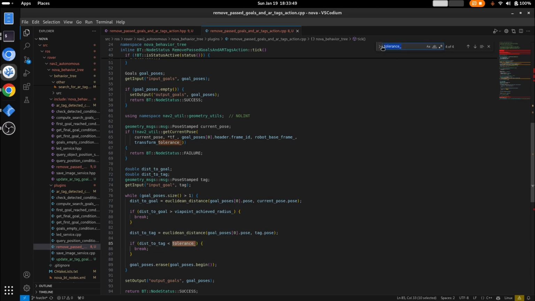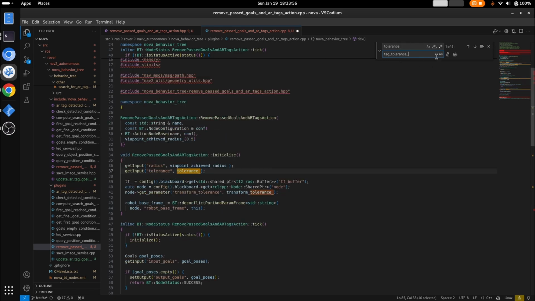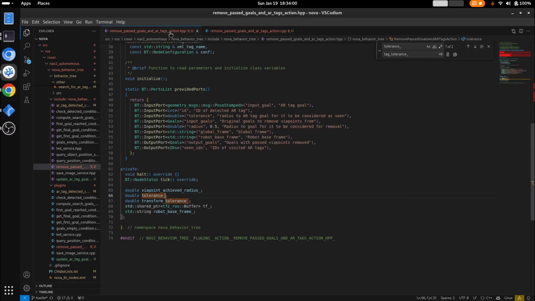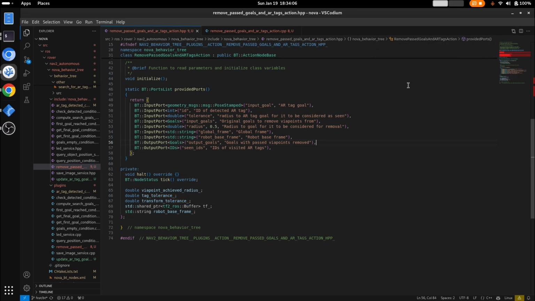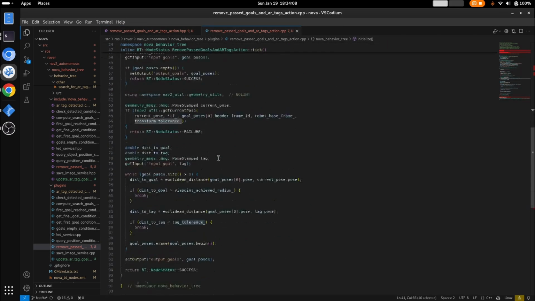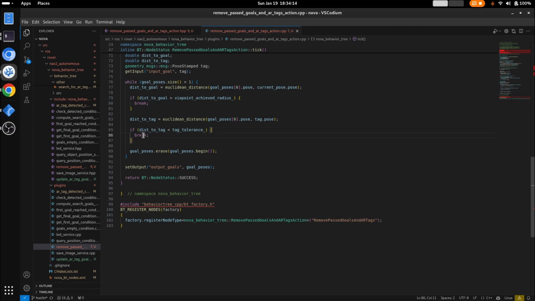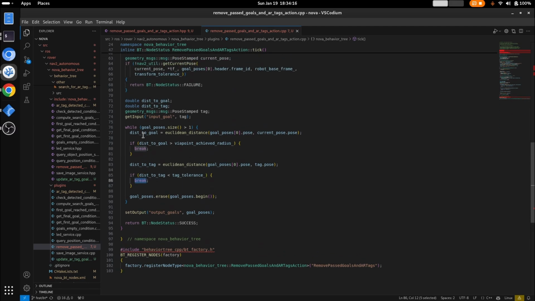Okay, I'm going to change this to tag tolerance. It's just better. This is transfer tolerance as well. Okay, I'm going to leave that one. And then here I'm going to do, that's not what I want. Just do that. Yeah, okay, cool. So tag tolerance, great. If distance to tag is less than or within our tag tolerance, then don't break, but we are simply,